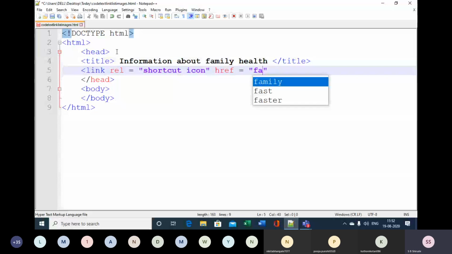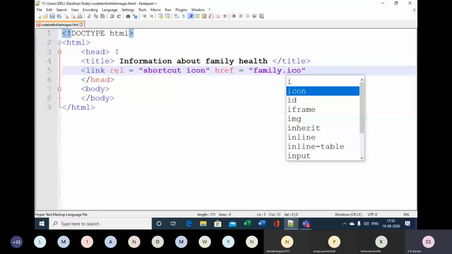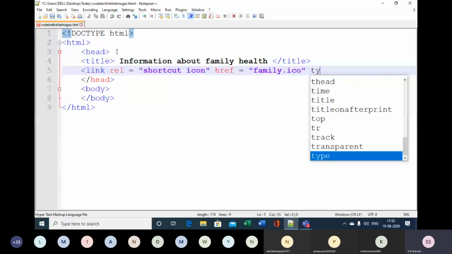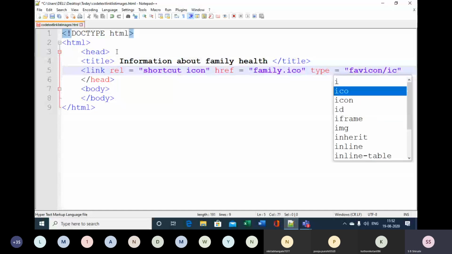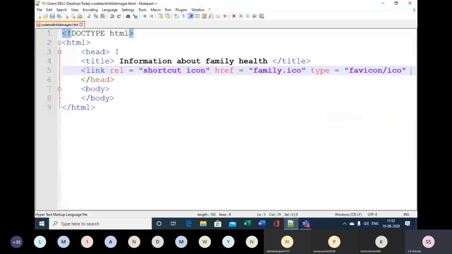This .ico file is there in my folder and therefore I am using it, family.ico, and type equal to image/x-icon, double quote complete, and end the link element. Okay, end the link element.